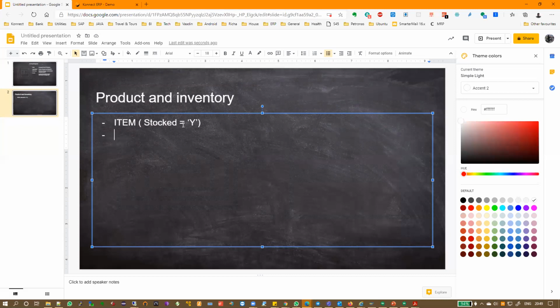All right. Then the second important thing is what we call ASI for short. The full form is attribute set instance. Right? Okay.